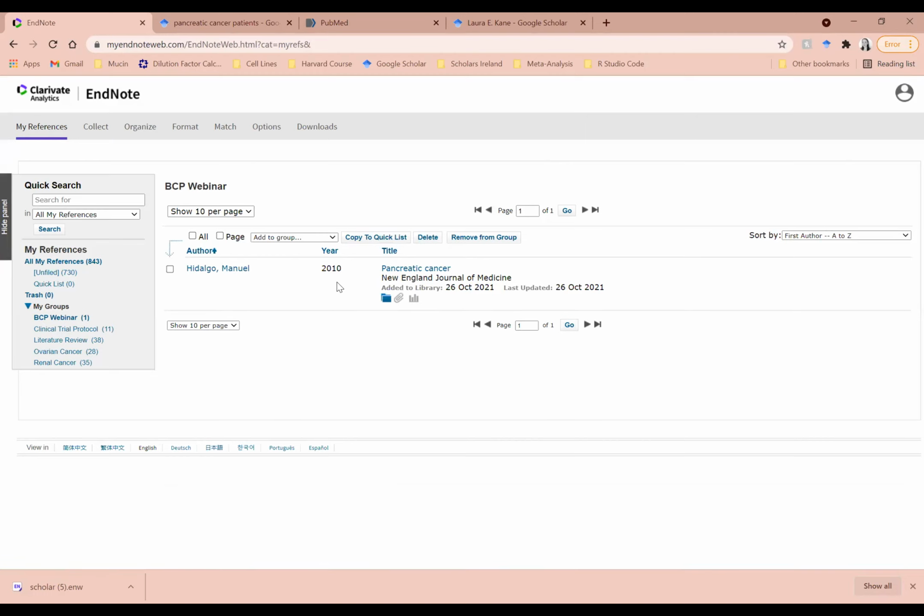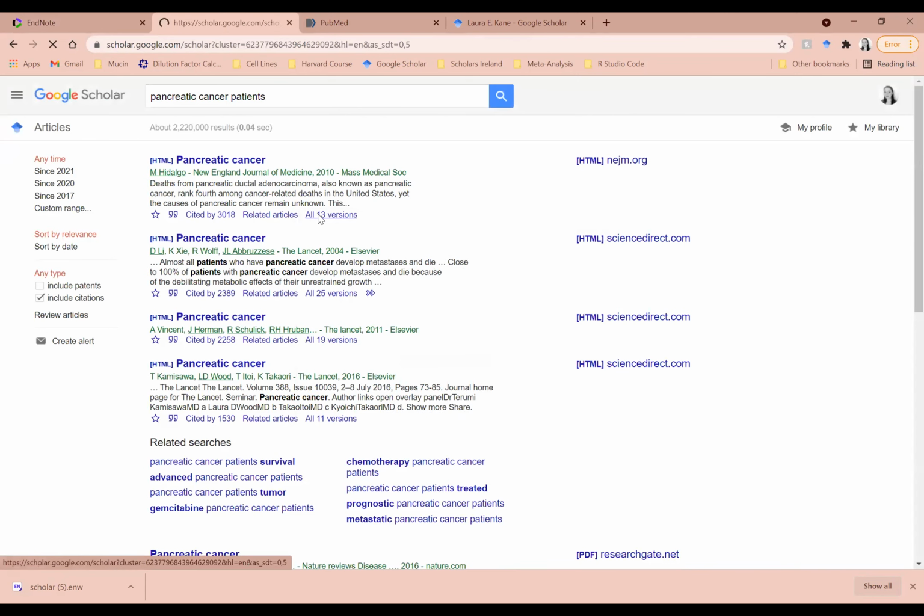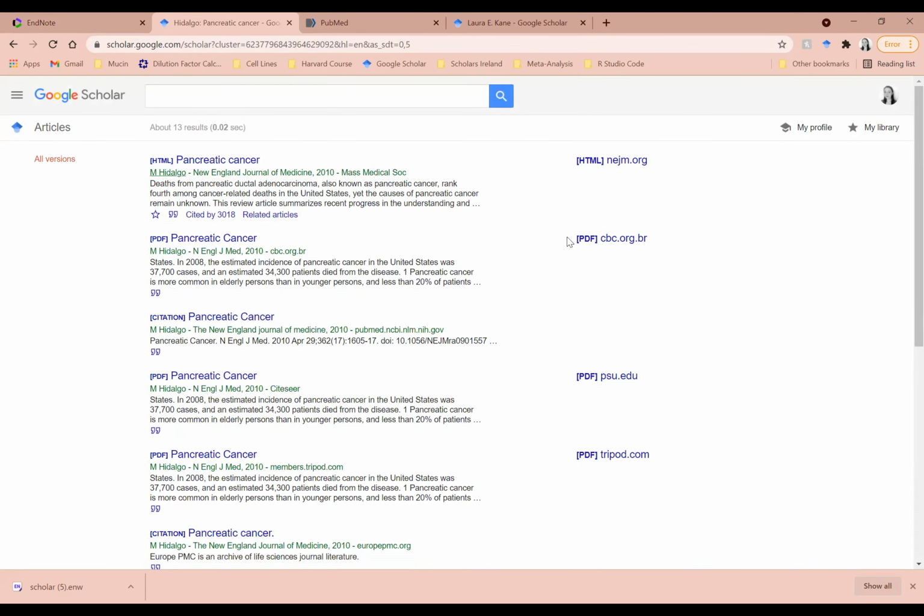So what you can also do here as well, if you're using EndNote to keep track of the different papers you've read, so you can go back and look at them again, is attach a file. So if you have a PDF file for that paper, say, so if we go back, let's have a quick look. If we look at all of the versions of this paper, you can see there's PDFs here. If I click on one of these,